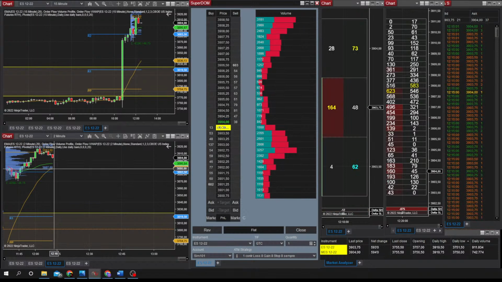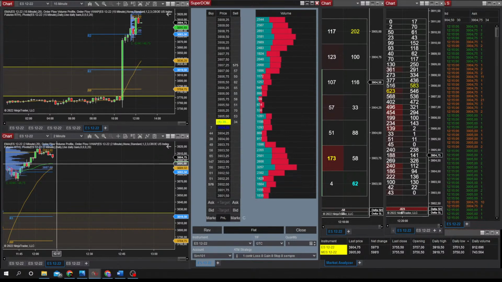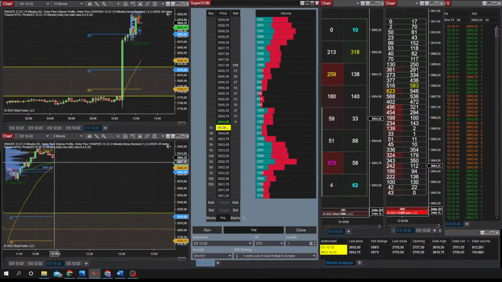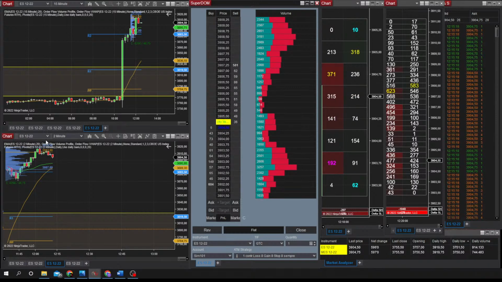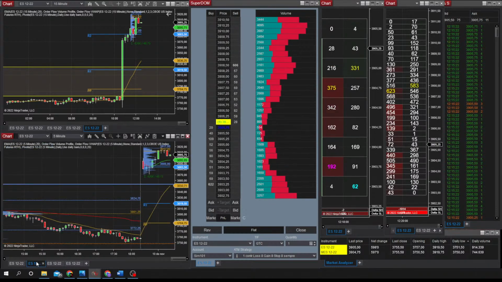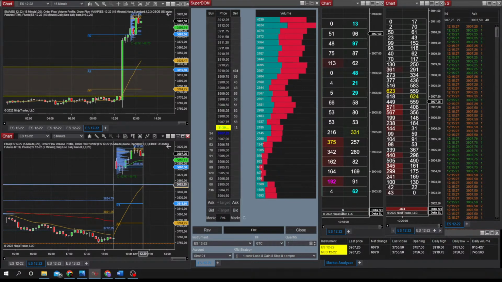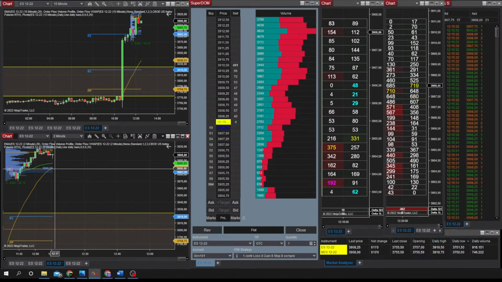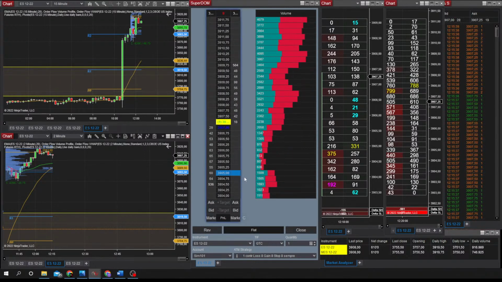In this case, I like to see here the VWAP and also the moving average. In case of corrections, these two usually are interesting points. I see this 2 minute one, but I also have a 5 minute one. Usually a 5 minute average tends to be a bit stronger than the 2 minute one. But for my time frame, 2 minutes is good.